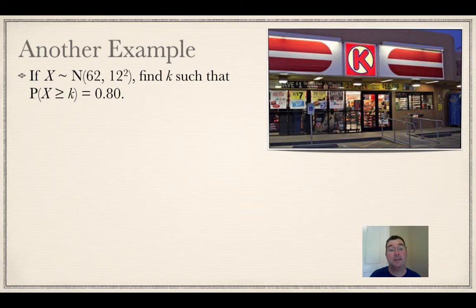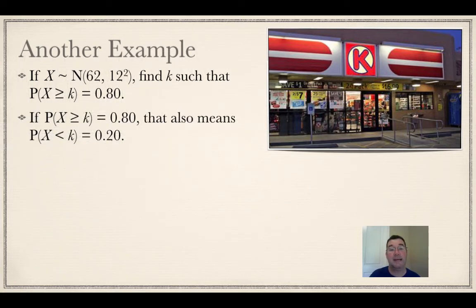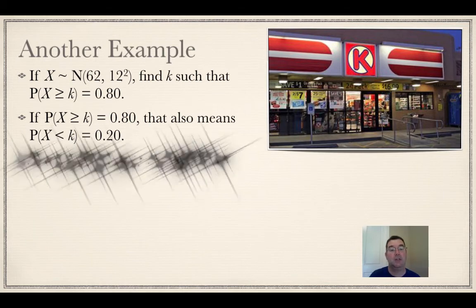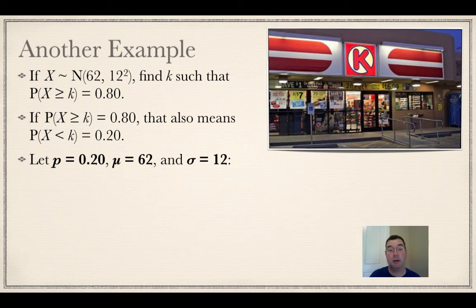If 80% of the data is bigger than k, that means that 20% of the data must be less than k. So it's fixed. I know that all the probabilities have to add up to 1, so the probabilities that are less than a certain value and the probabilities of those things that are bigger than that value are going to add up to 1. So if I don't have the one that I want, I just subtract from 1 and I get the probability that I need. So now my p is 0.20, my mu is 62, my sigma is 12,